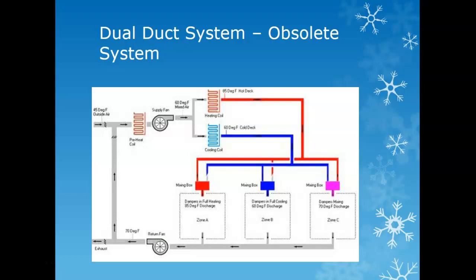In theory, it allows you to totally heat an area, totally cool an area, or mix it. In practicality, it doesn't work that way. You end up with scalding water coming out of one tap and freezing water coming out of the other, and trying to mix them yourselves is not feasible. What's easier is just to have something mix it beforehand before it gets to you, and you get something very consistent.